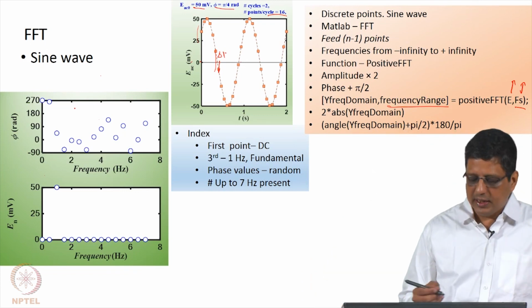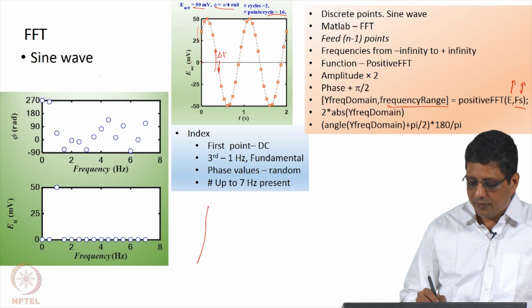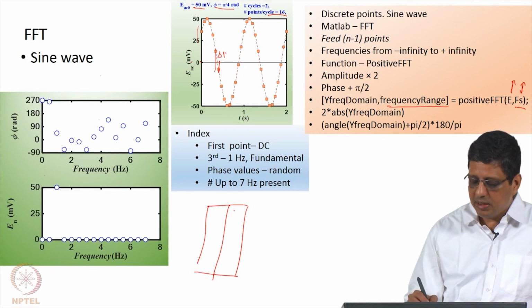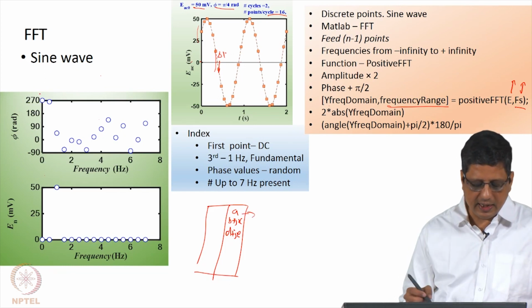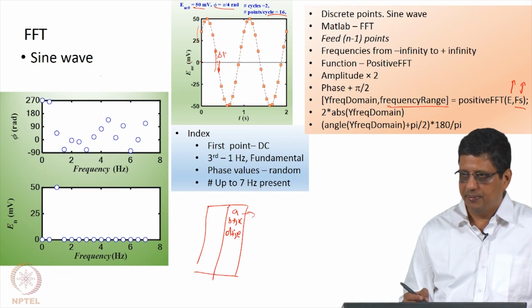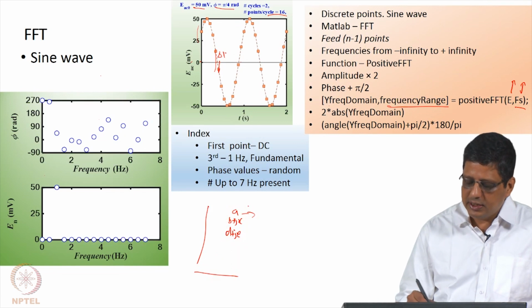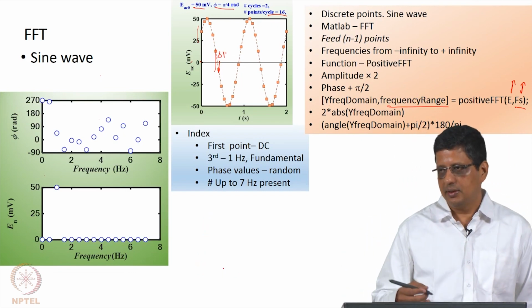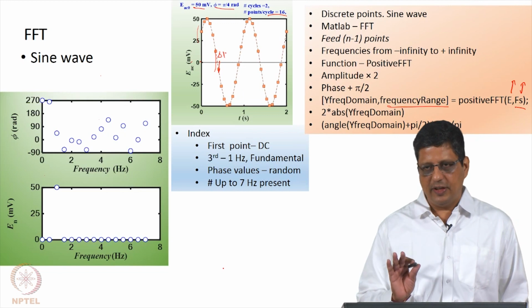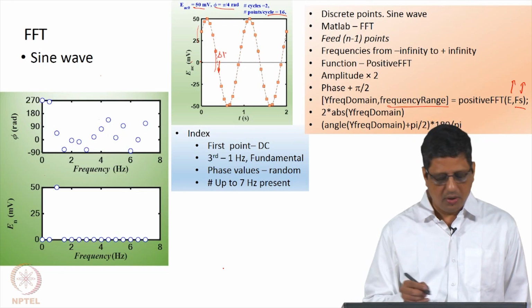Now, the first point in this vector, let us say you get a vector like this, what you get in the y frequency domain is going to be some number a, b plus jc, d plus je, etc. The first number is with 0 phase, it is given some phase here, but it is the DC. So, when you write a Fourier series, first you write a0 and then you write a1 sin omega t, a2 sin 2 omega t with phase. So, a0 is without any phase, there is no sine or cosine there.